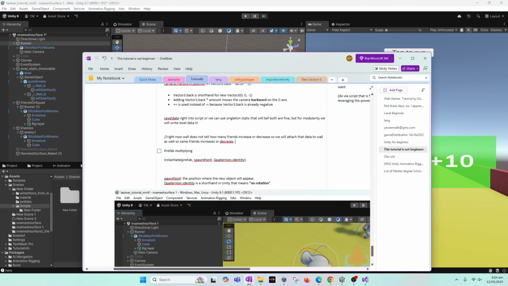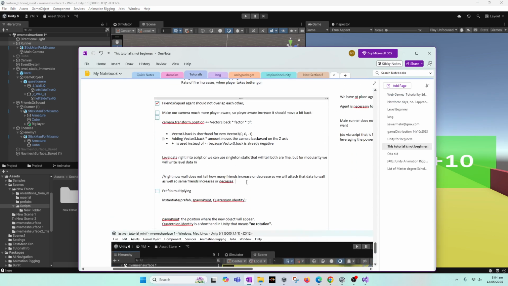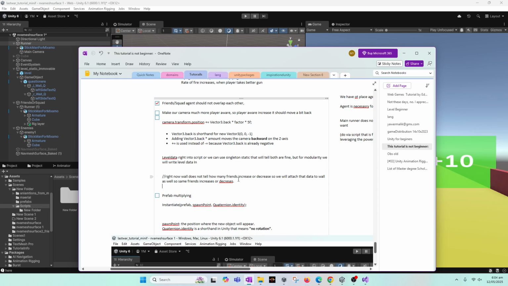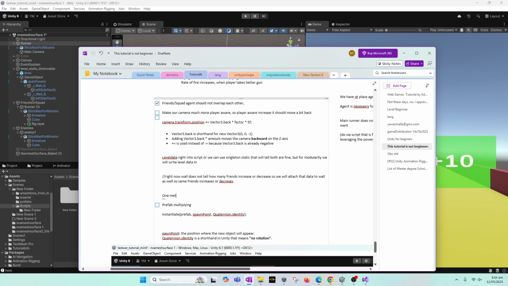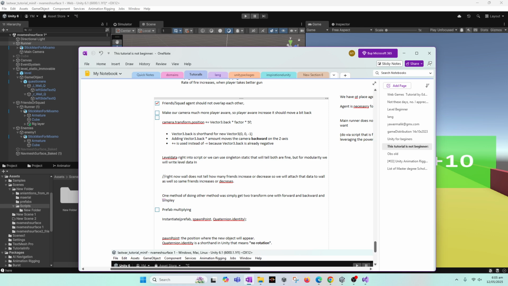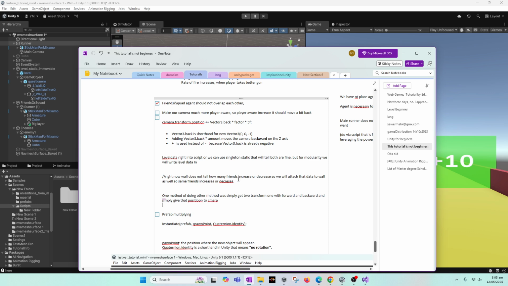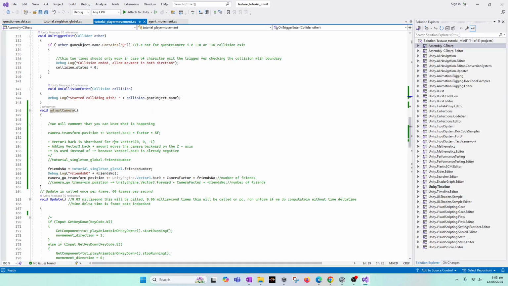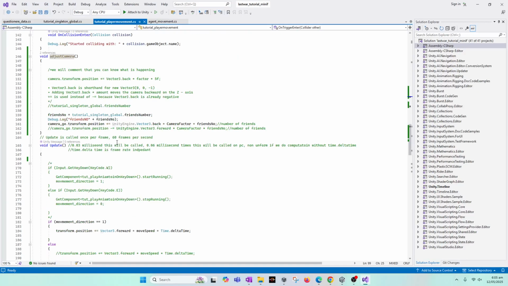Either we can use this transform like this, or we can give another method: simply get two transforms, one with forward and one with backward name, and simply give that position to the camera. So right now we don't need to adjust the camera